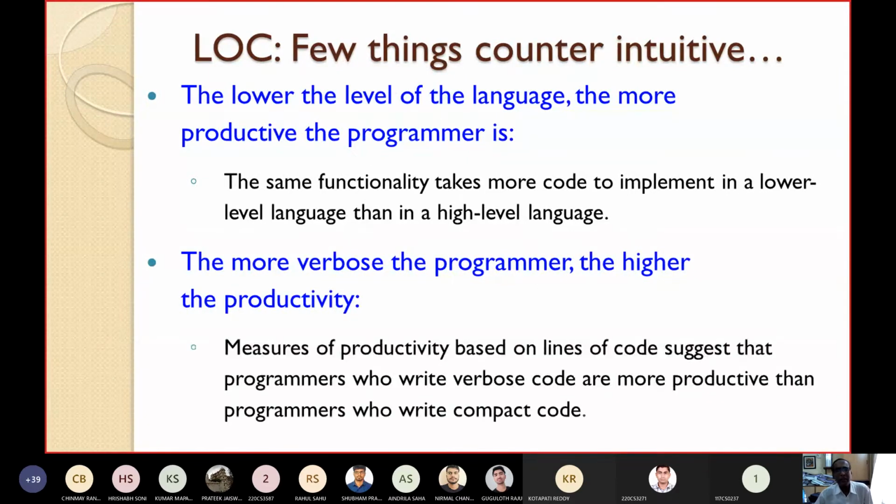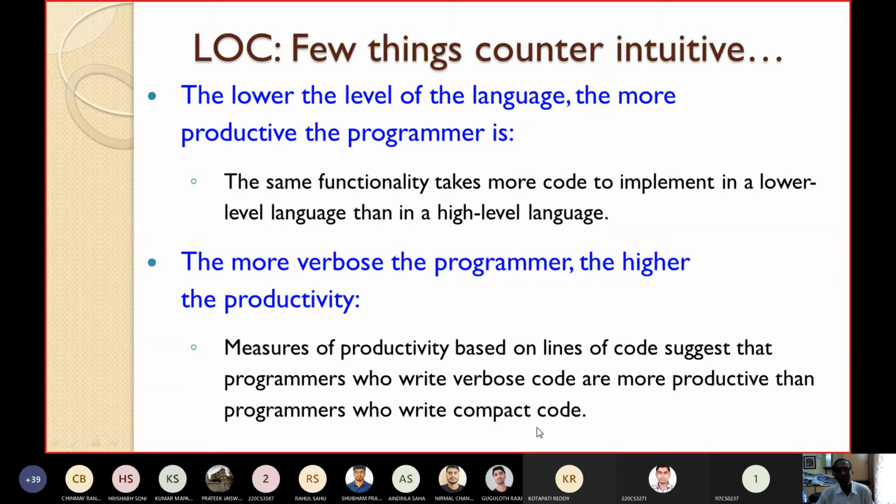Similarly, regarding verbosity, measures of productivity based on lines of code suggest that programmers who write verbose code are more productive than programmers who write compact code.